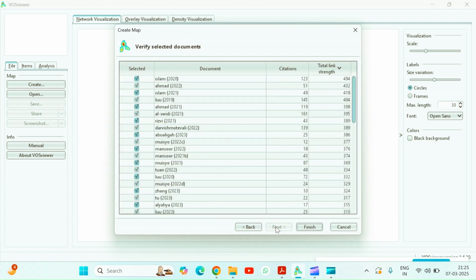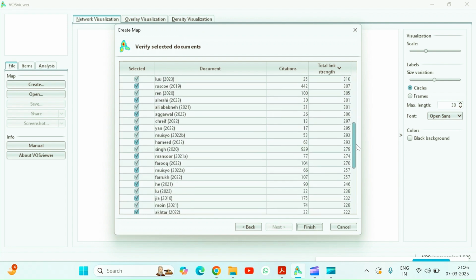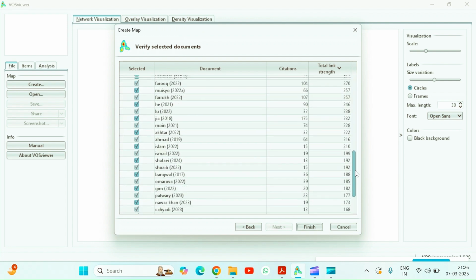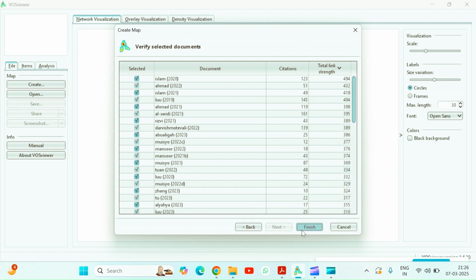Now you will see these are the author names of these particular documents. These are the number of citations. As I have selected all the documents having 10 or more citations, you will see all the documents have a number of citations that are either 10 or more. Again, now click on the finish option,